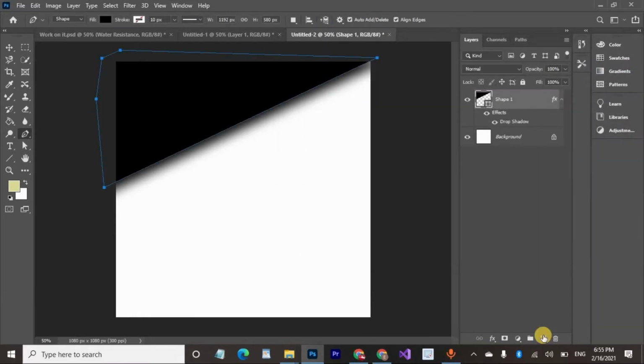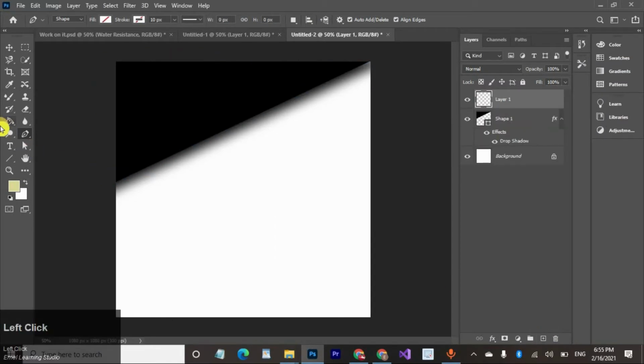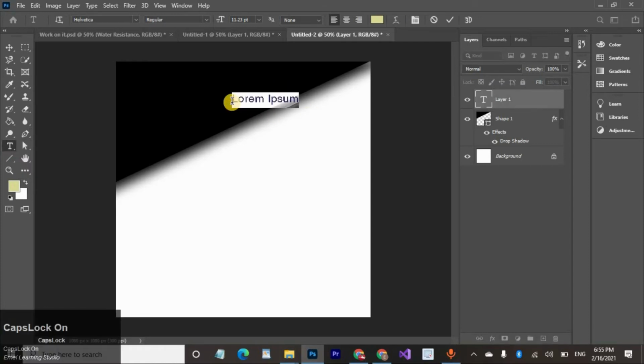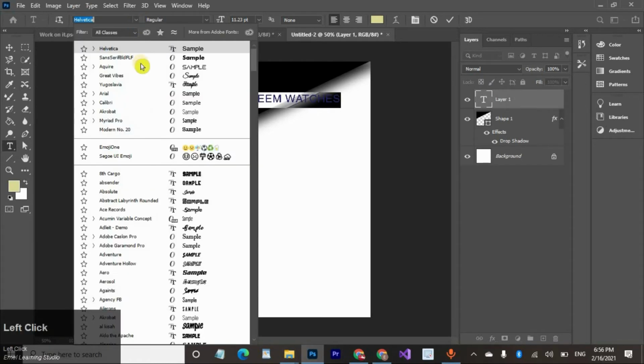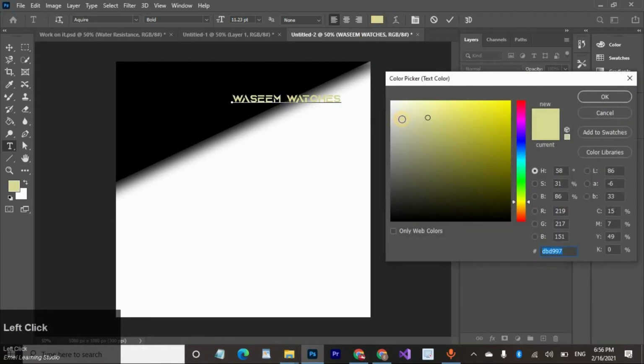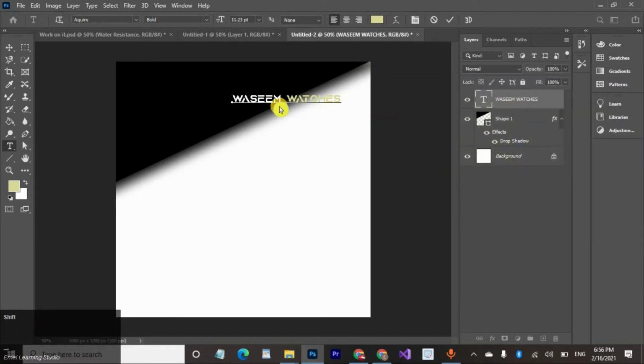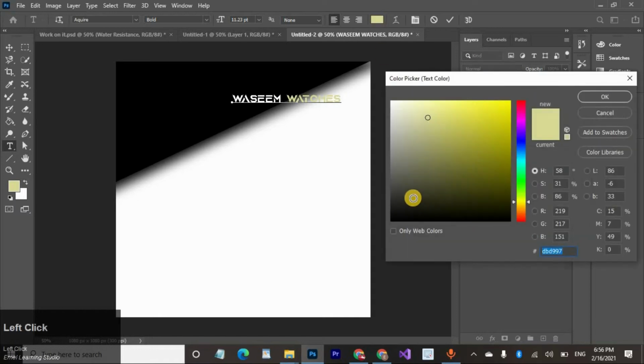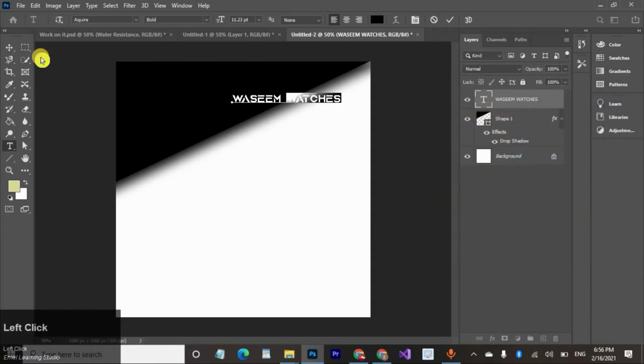Okay. Now take a new layer and add text, the brand name. I use Equerry font at bold. Change the color. Its color is white, half is white and half is black. Okay.